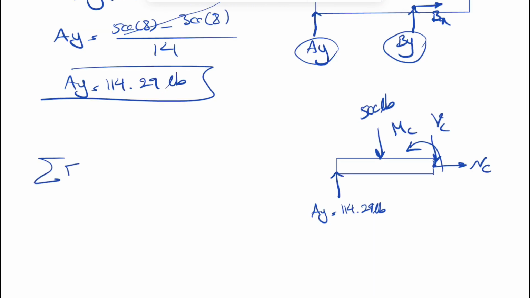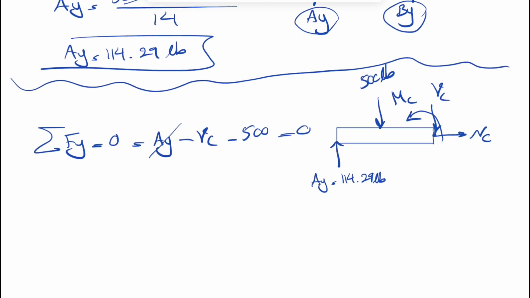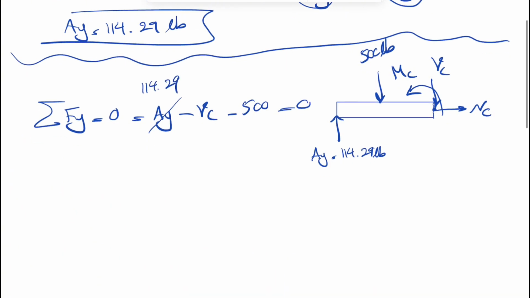So if we do the sum of all forces in the y direction equals 0 for this free body diagram, so we are talking about the new free body diagram that we have. So we're going to have AY minus VC minus 500 equals 0. We have three forces in y direction. AY is 114.29. So our VC would be